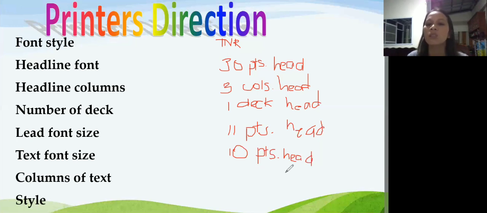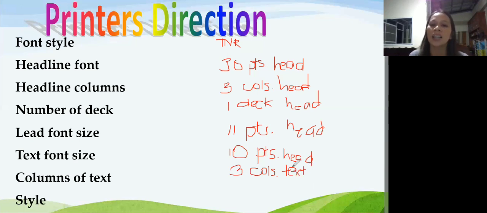Then the columns of the text, kung ilan yung columns ng head, hindi yung columns ng body text. So 3 calls text. 3 columns din ang text. Kasi kapantay siya ng headline.